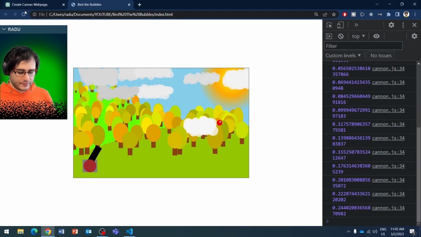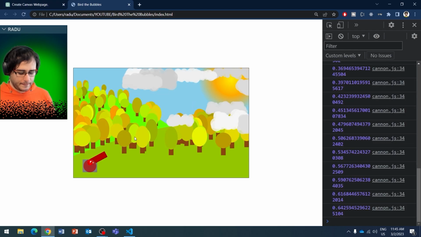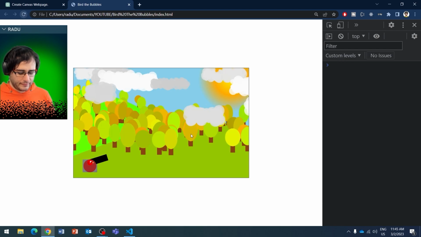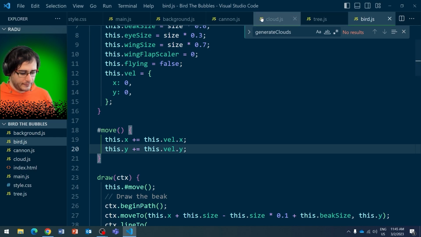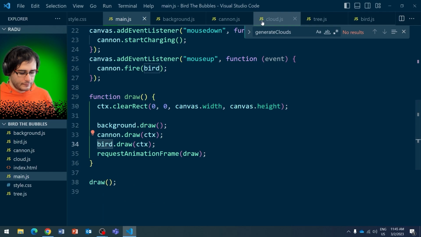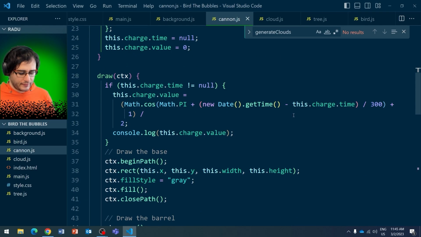Now this code should be pretty much the same as before. It's not. It was faster before, so what happened? In the cannon here, the strength